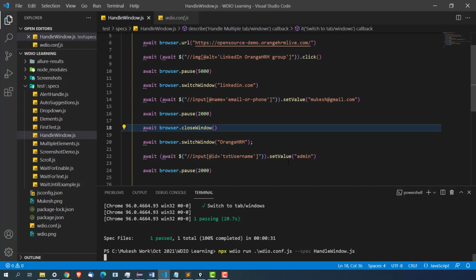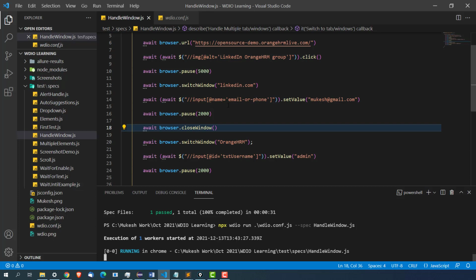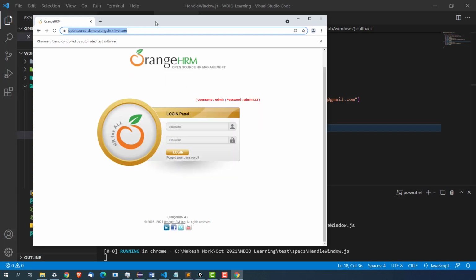So you can see it's very easy. You just need to remember this command called switchWindow, which is asking you the matcher. It could be the exact or it could be a partial match. You can give the URL, title or the window name. If that matches, it will switch. It loaded.